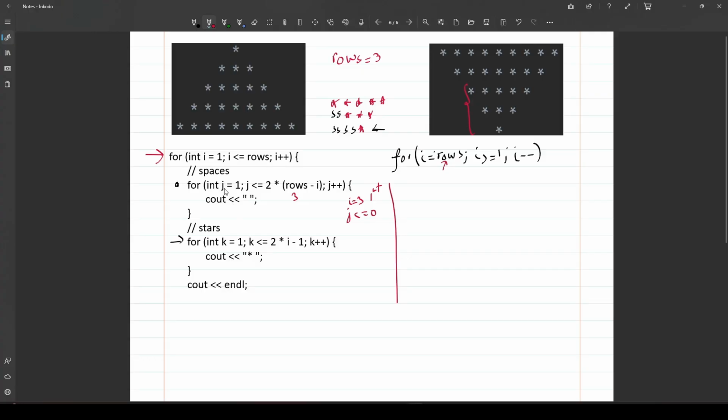For the first iteration, j equal 1. Is j less than or equal than 0? No, false. Then this for loop will not execute at all. We will jump to the next for loop. So we're not going to print any spaces here. This is what we want. So now we jump to this for loop for the k. So k